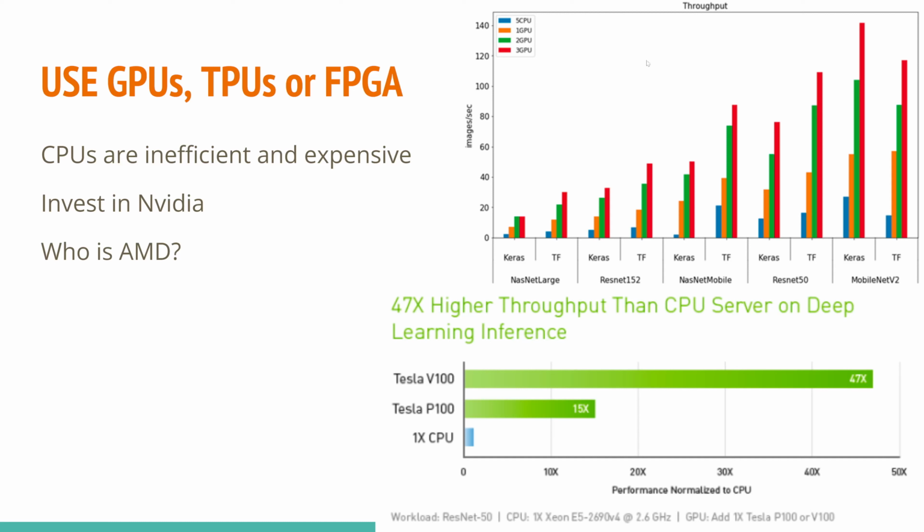So you can see here graphs of how much compute speed you can get using GPUs compared to CPUs. So 5 CPUs running against a couple GPUs, and it's not even comparable. Same thing here, you can see with the V100, which is super outdated because A100 was the next gen, and right now we're on the H100, so the speedup is incredibly faster now. The thing is, you're going to see me referring to NVIDIA a lot, because NVIDIA holds a monopoly on machine learning. AMD, what is AMD? I don't even know who they are. They don't exist. AMD is non-existent in the machine learning realm.